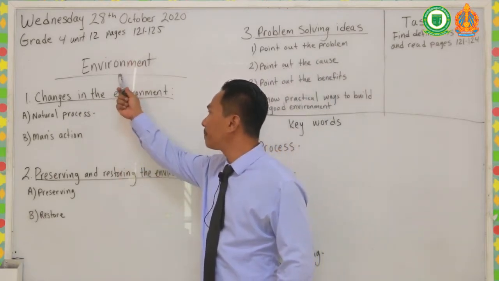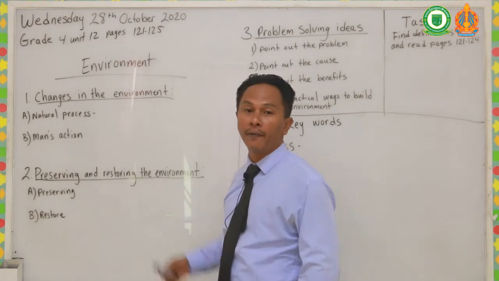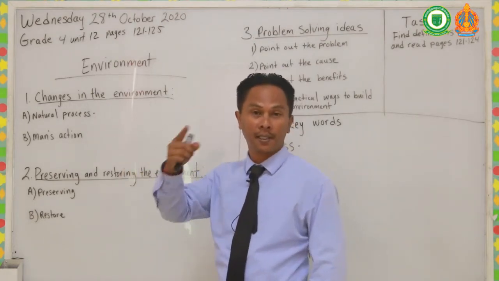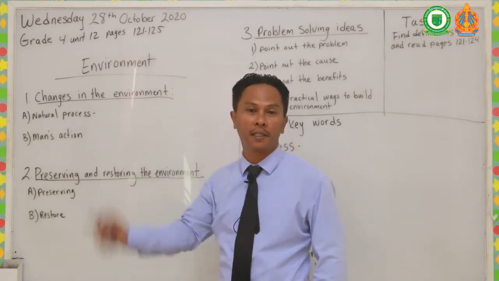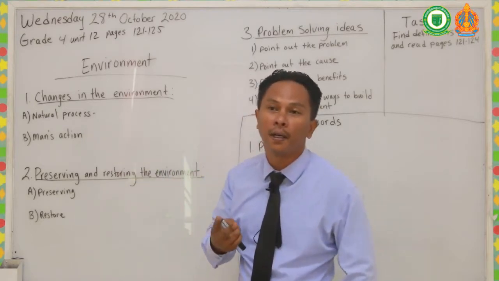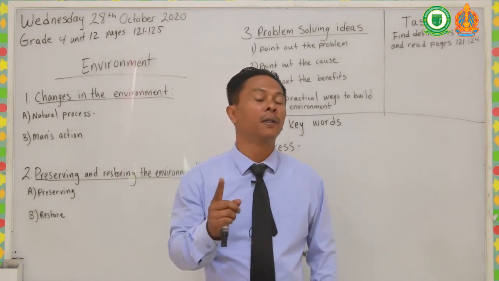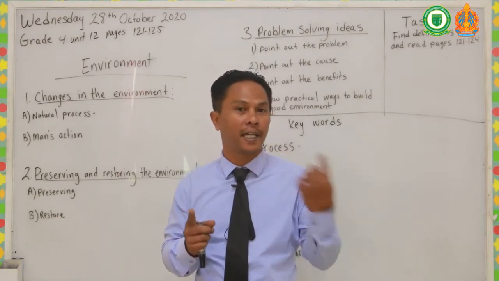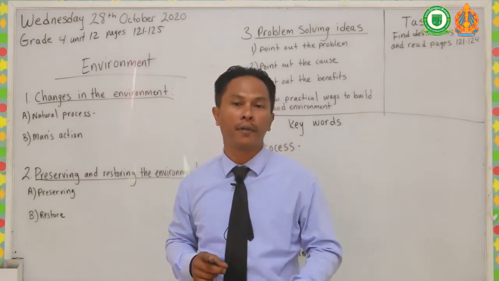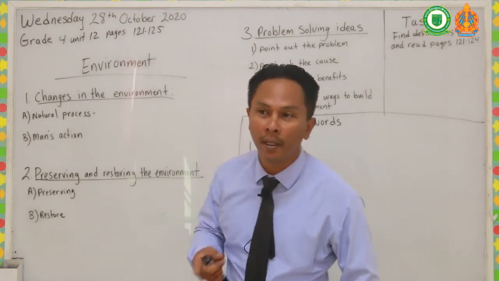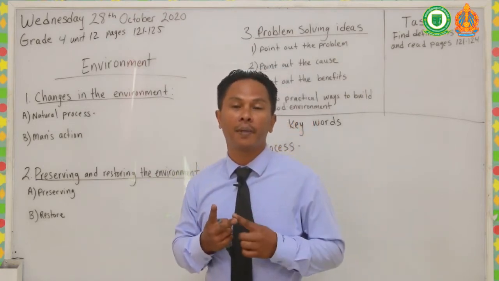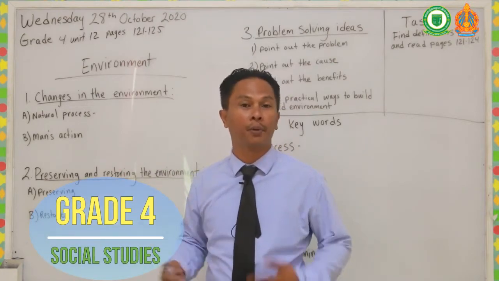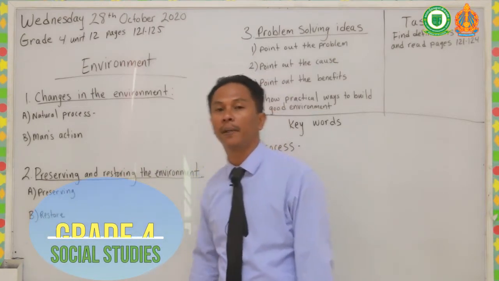Again, in this chapter, we're going to be learning about environment. So environment, if you've forgotten, means things that surround us. Okay, anything that is surrounding us. Now, there are two types, like I mentioned earlier. There's a natural environment, which is an environment that man cannot make. Things that surround us, like mountains, forests. Okay, that's a natural environment. Now, number two is a social environment. Like things that are made by man. For example, the school. The school is a social environment.